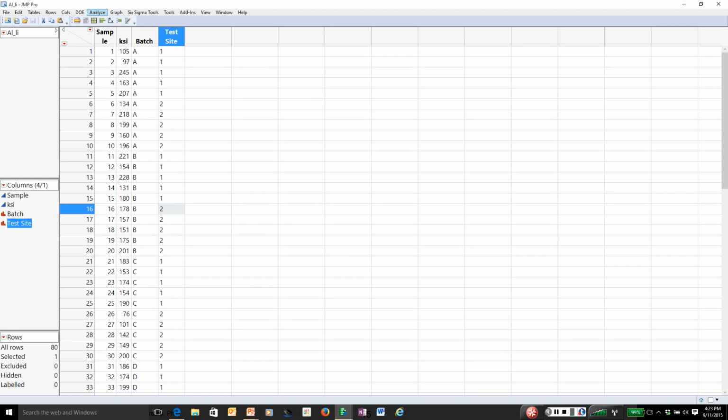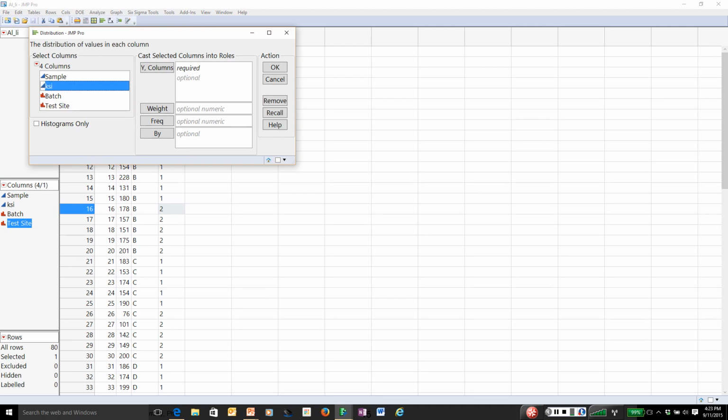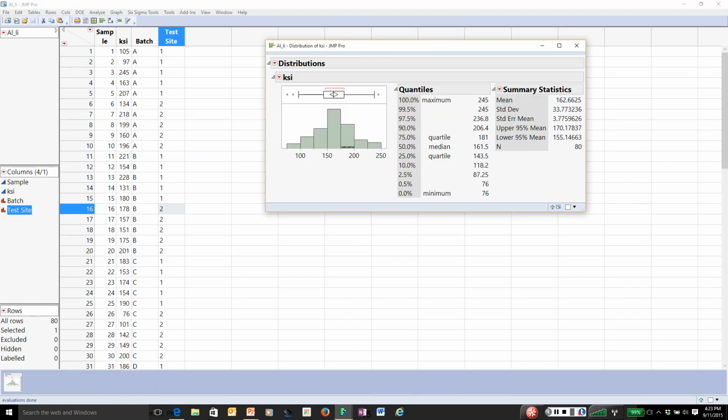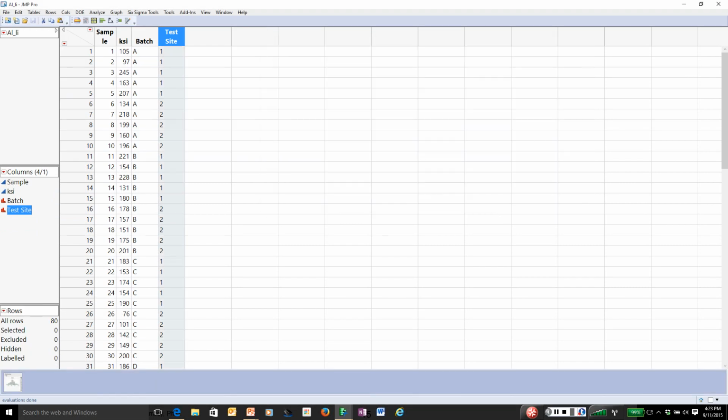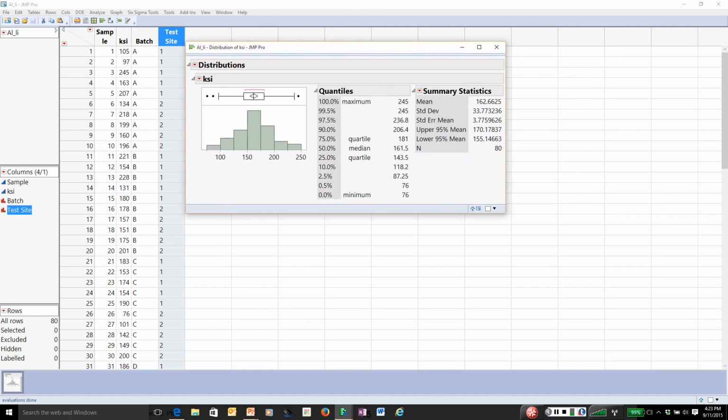I go to the Analyze menu, select Distribution, and I only want to look at KSI. That's all I'm really interested in. And again, the thing you see above the histogram,